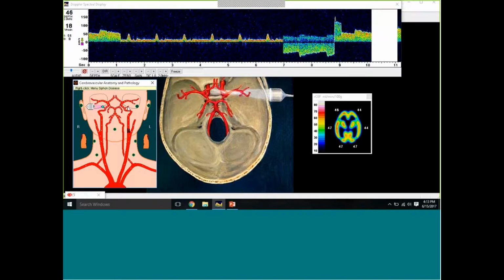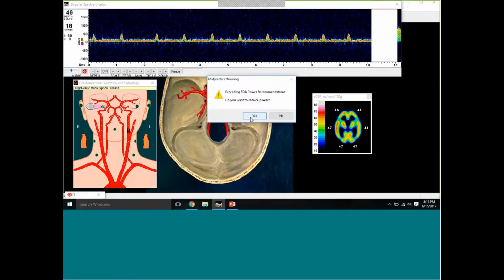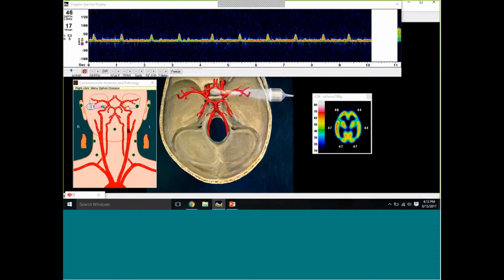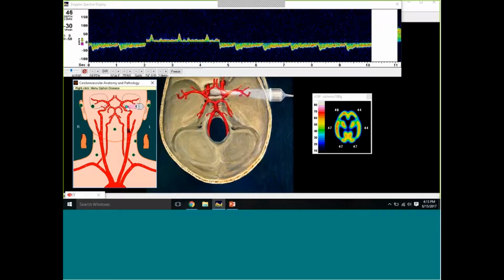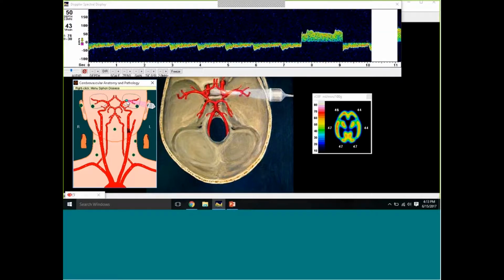Here's the ophthalmic. I'm going to wait till this recycles. It's saying turn that power down. Okay, so here you see we have a reverse ophthalmic. This is because we have face-to-eye collateral. The external carotid artery has anastomosed to vessels of the ophthalmic and created a bridge supplying blood to the middle cerebral, okay? All right, so let's simulate what's going to happen if we have